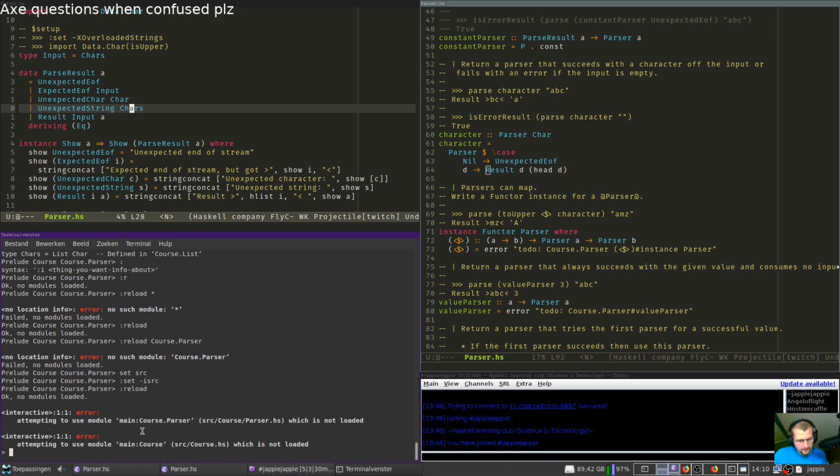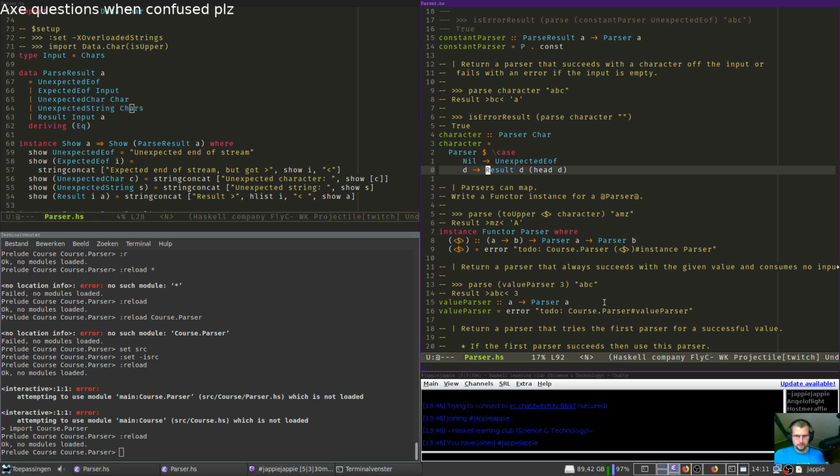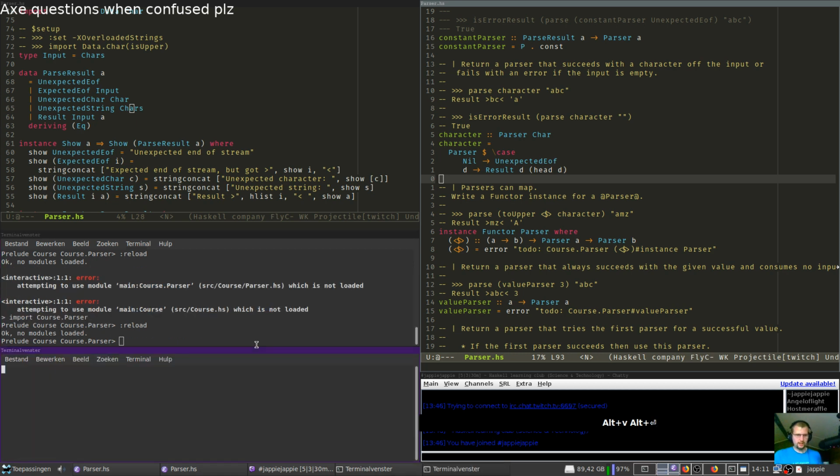Look at that. Attempting to use module main course parser, which is not loaded. So this compiles? Like, I don't trust the GGI thing.